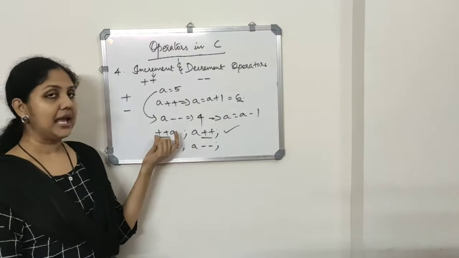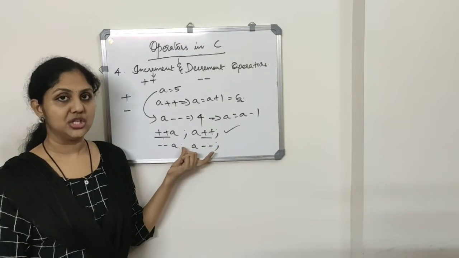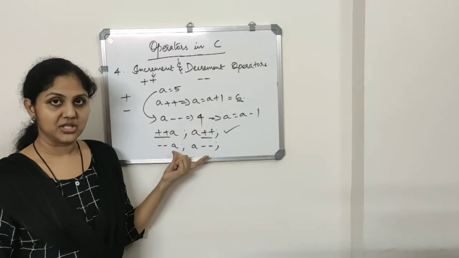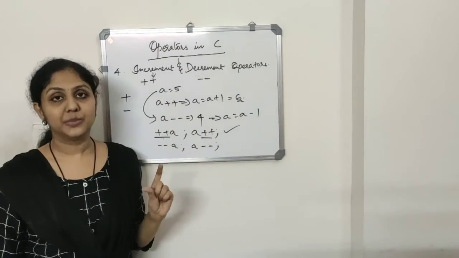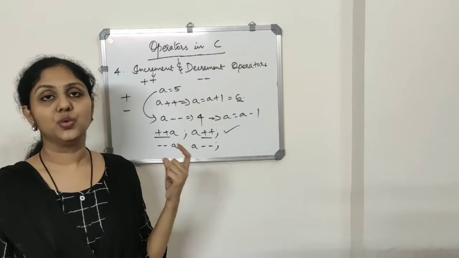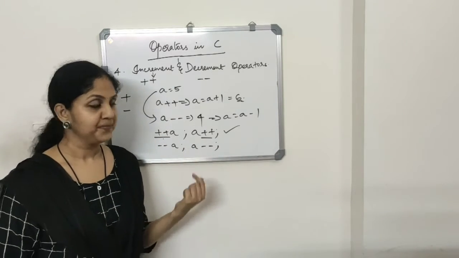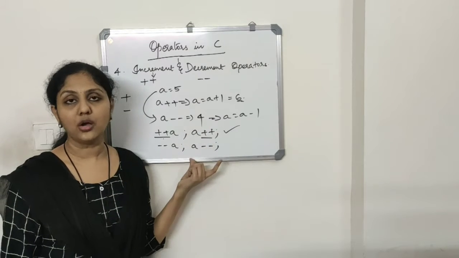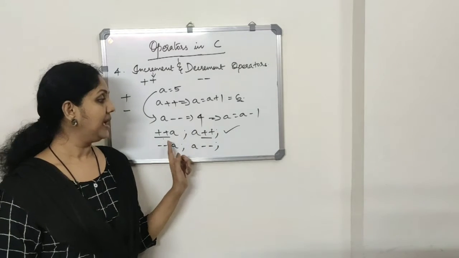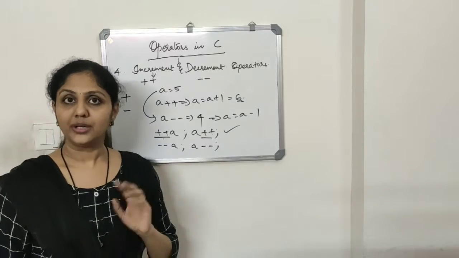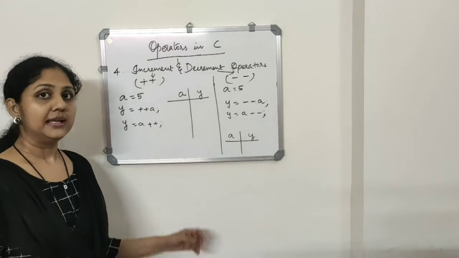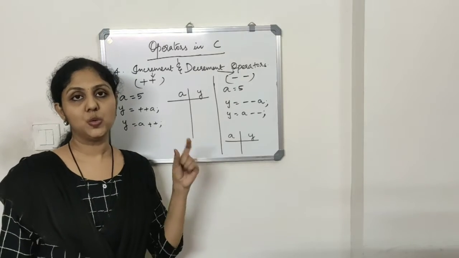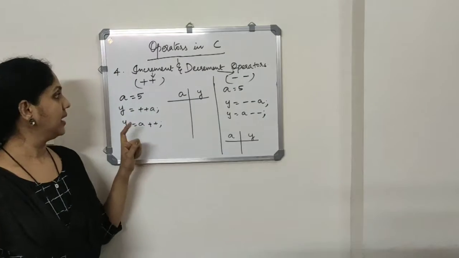When we use these alone, it doesn't make any change. But the value changes when we use this along with an expression. If you are using it alone, then there is no change, but if you are using it along with an expression, then the pre and post increment operators will give you different values. Let's see how increment and decrement operators behave if we use them in an expression.